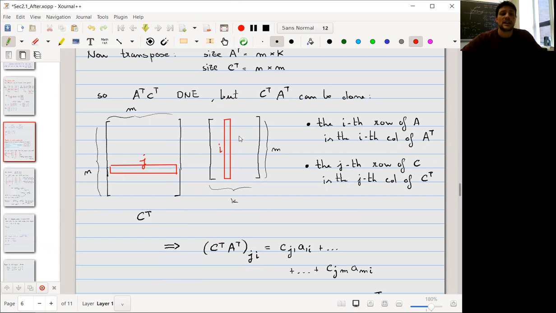In other words, when I compute C transpose times A transpose, this is C transpose and this is A transpose. When I look at the jith entry in C transpose A transpose, I will be multiplying the same entries as before. I will have my Cj1 here and my A1i